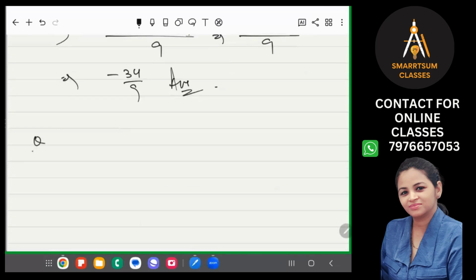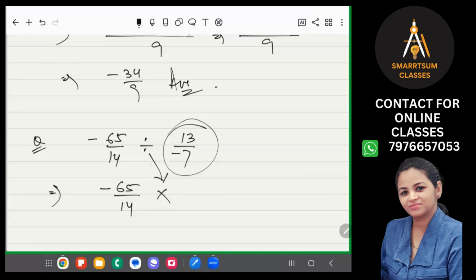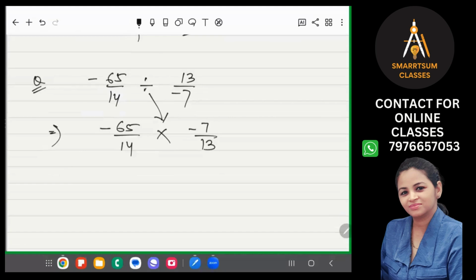Now, suppose we have to divide, right? Minus 65 upon 14 divided by 13 upon minus 7. Now we are dividing two rational numbers. Again, same rule we will follow as we have done in fractions, that when you are dividing one fraction by another fraction, we convert it into multiplication. So division will convert into multiplication by taking the reciprocal of the other rational number. So the reciprocal of this number will be minus 7 upon 13. Okay, so we have converted division into multiplication. Now we will follow the same rule of multiplication,